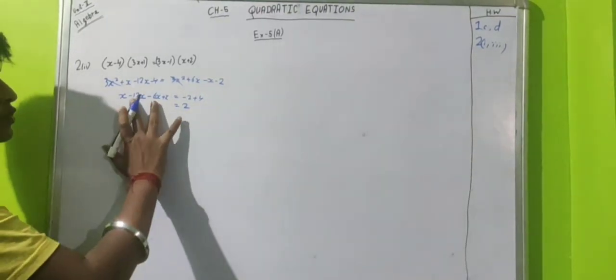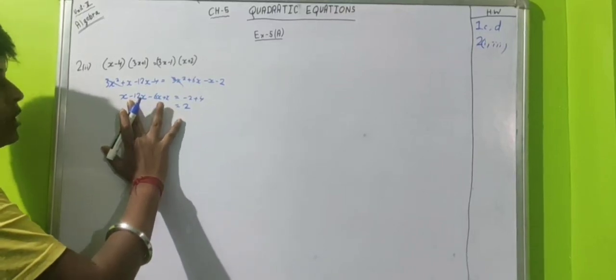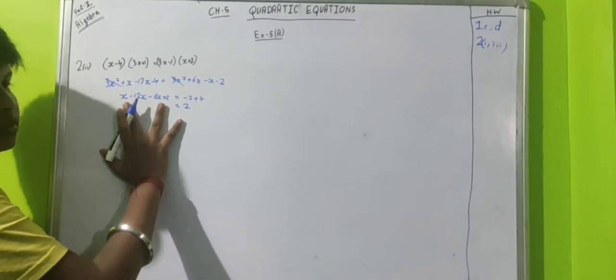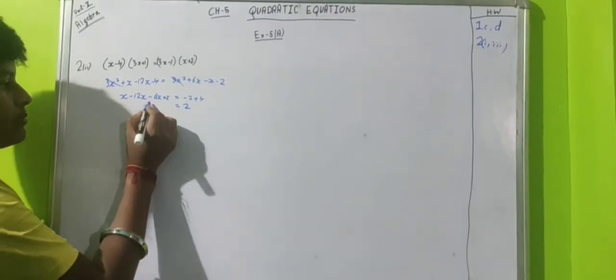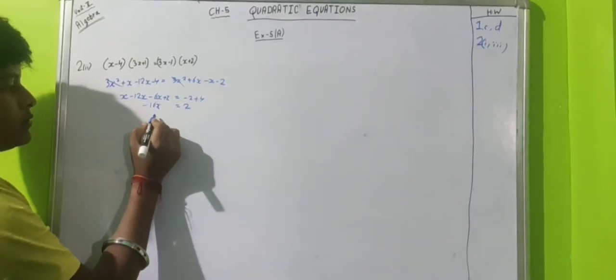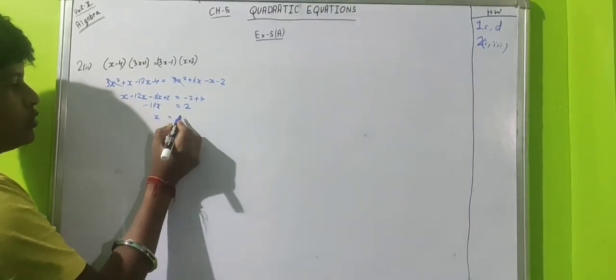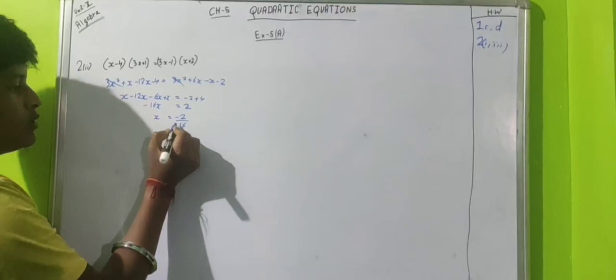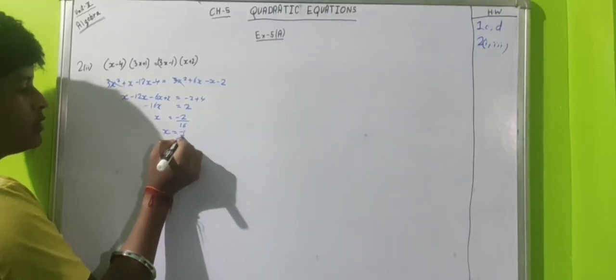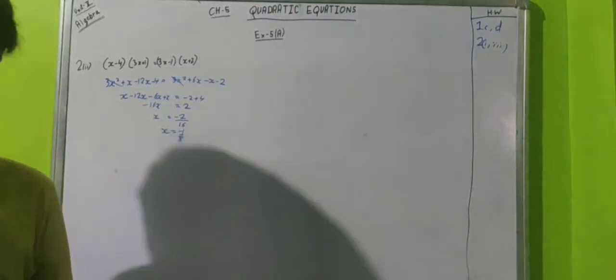Add the negatives, you will get minus 18x plus 2x, so minus 16x. Now x equals